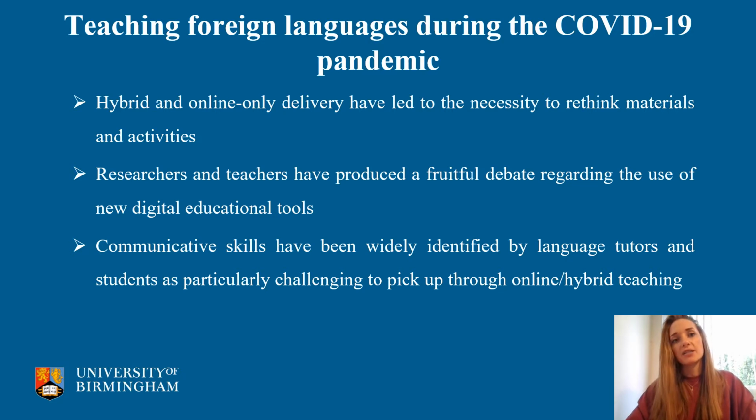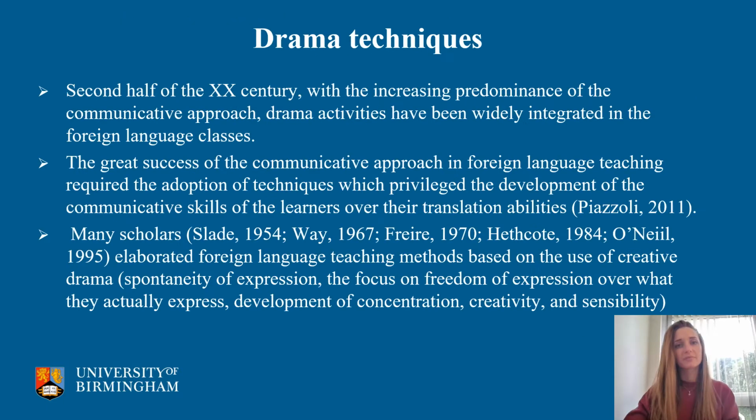In this respect, during the past academic year, I've tried to elaborate and devise materials based on drama techniques, which can help students to learn and improve their communicative skills in virtual learning environments by practicing the language in more realistic communicative situations. The idea of devising teaching materials based on drama techniques comes from previous research and studies